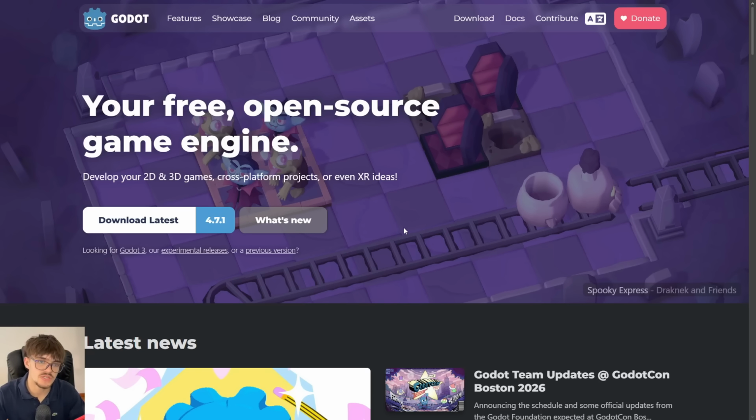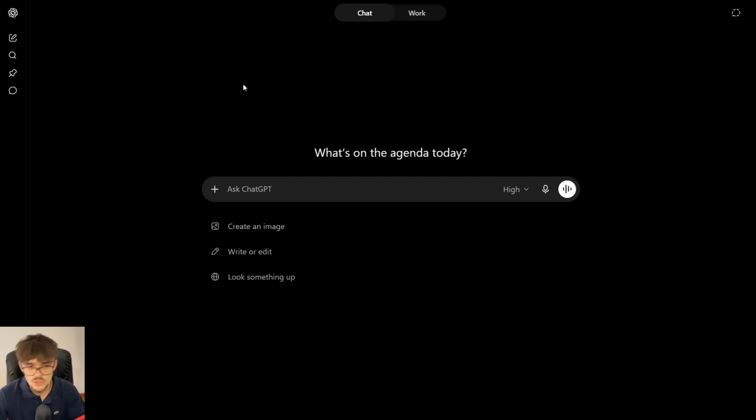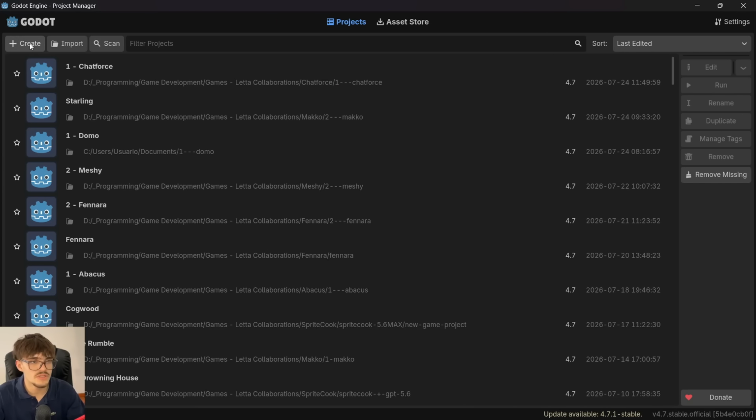The first way is using a game engine like Godot. You will also need some kind of AI agent like Claude Code. Then for image generation you could use, for example, ChatGPT, or you may also want the desktop version of it. So we already have 3 tools, and it doesn't end here, because then you have to create a new